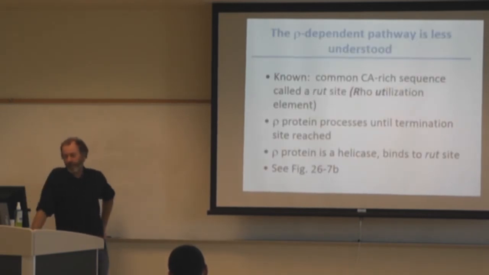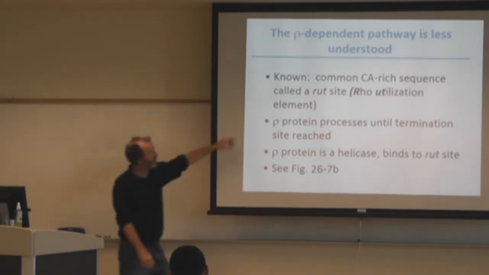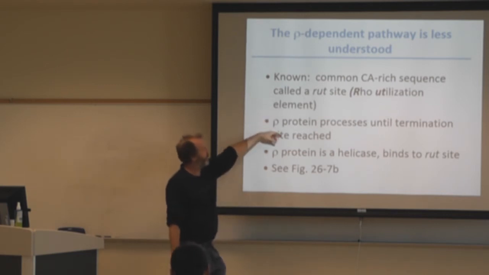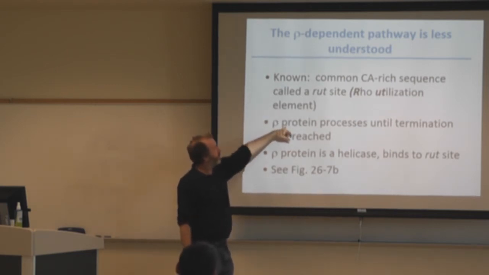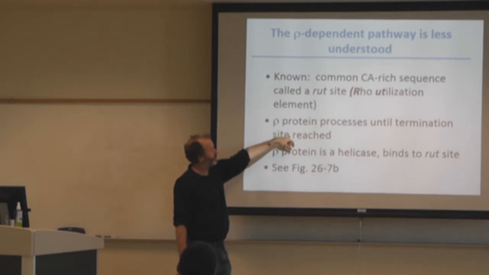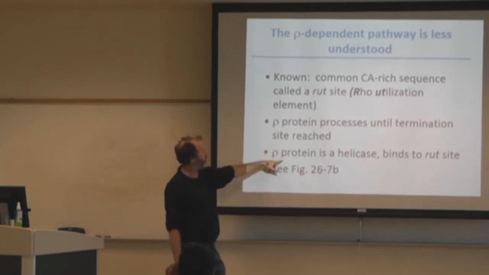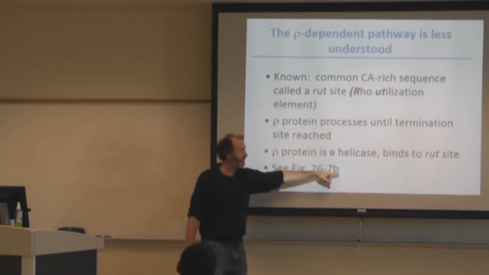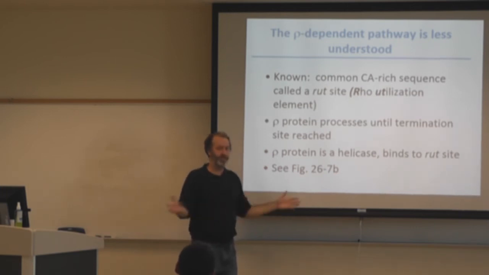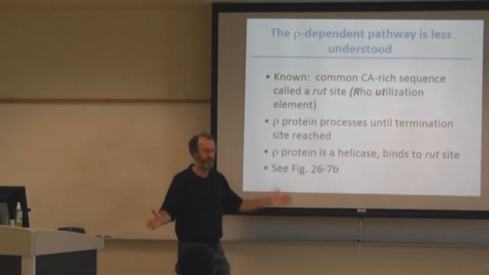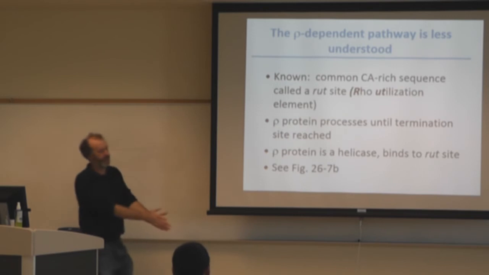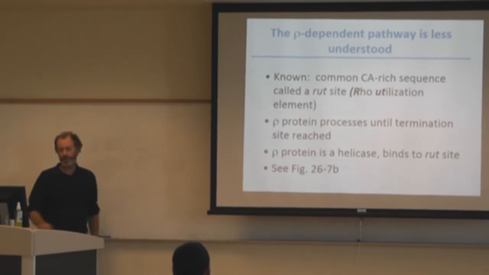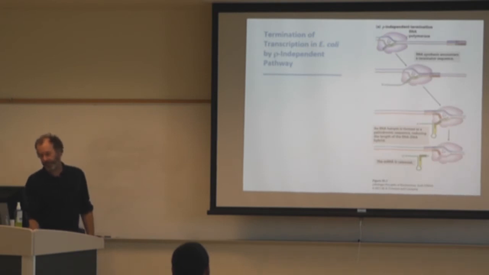The Rho-dependent pathway is less understood. There's a known common C-rich sequence, which is the RUT site, the Rho utilization element. And then the Rho protein proceeds until the termination site is reached. Rho protein is a helicase that binds to the RUT site and helps to separate the RNA-DNA duplex within the RNA. And this is the figure showing you the